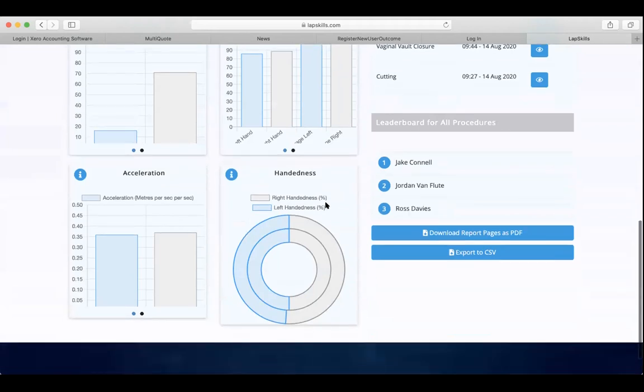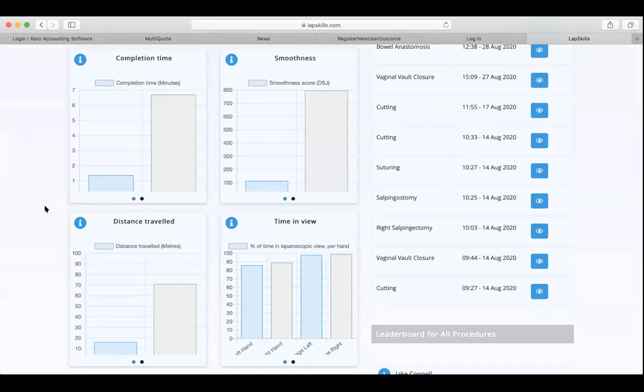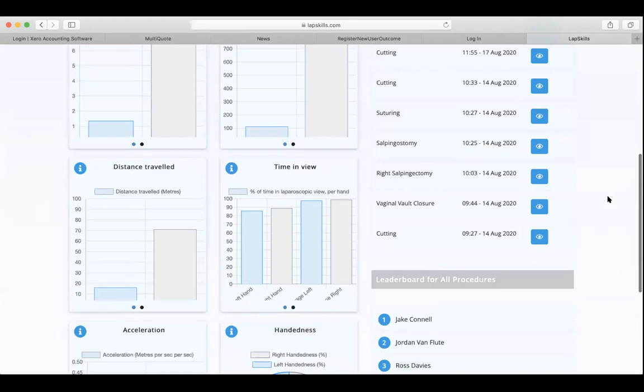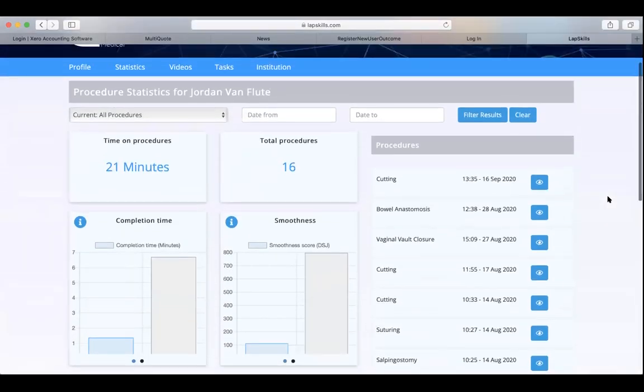Now, for those interested in research, we know that we can take this data, which is currently aggregated in these graphs here, which is not that useful to manipulate. So we allow you to export the data to CSV or Excel file so that you can go back and manipulate the data for any local research you wish. But you can also print this data as a PDF or download as a PDF and utilize that as a certificate. So that's a very quick overview of the data you can see.